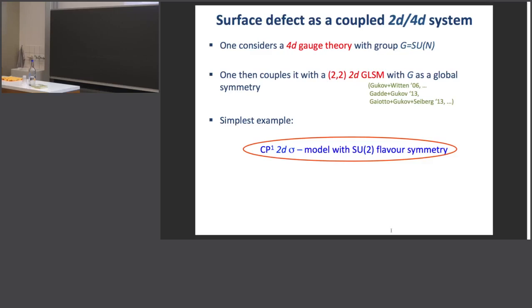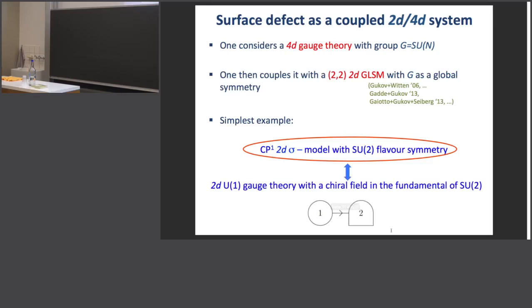Again, let me take the simplest example. So I take a two-dimensional gauge linear sigma model, CP1, with SU2 flavor symmetry, which is another way of saying that I have a U1 gauge theory in two dimensions with a chiral field in the fundamental of SU2. And I describe this coupled 2D, 4D system by this generalized quiver diagram in which the round node on the